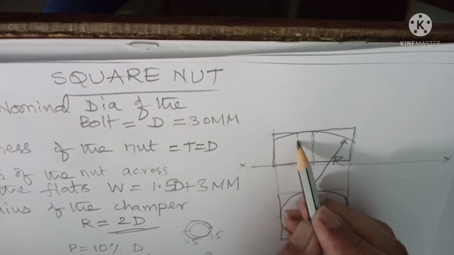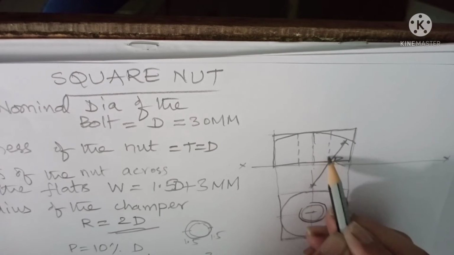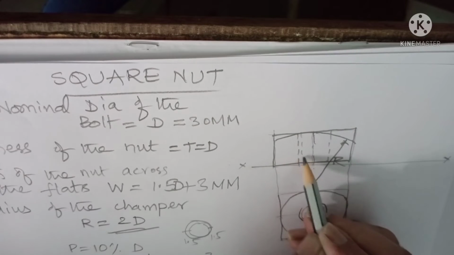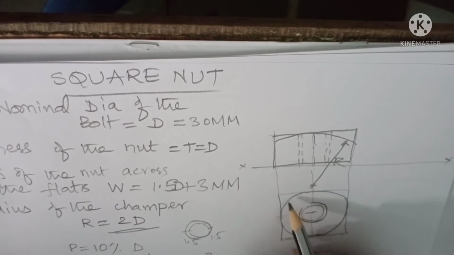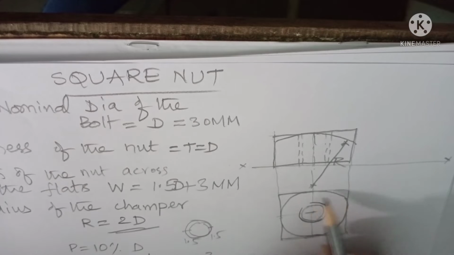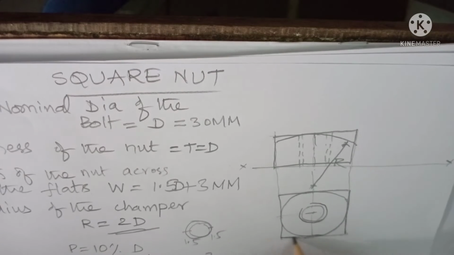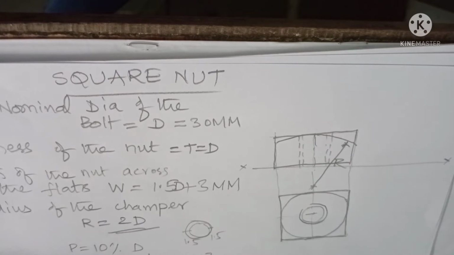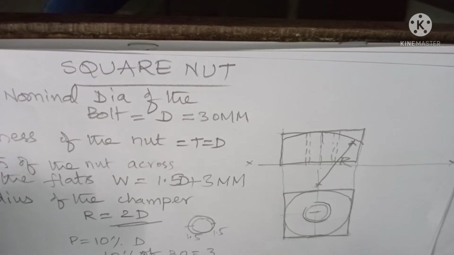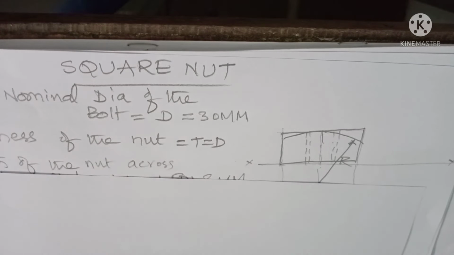So it is 30 circle hidden line, 30 circle hidden line, and 27 circle also hidden line we have to do. This is when the flats are parallel to the XY line. But we are not always able to keep it this way, and the flats may make some 45 degrees to the XY line. It also happens. At that time, how we have to do it, I will show you here.